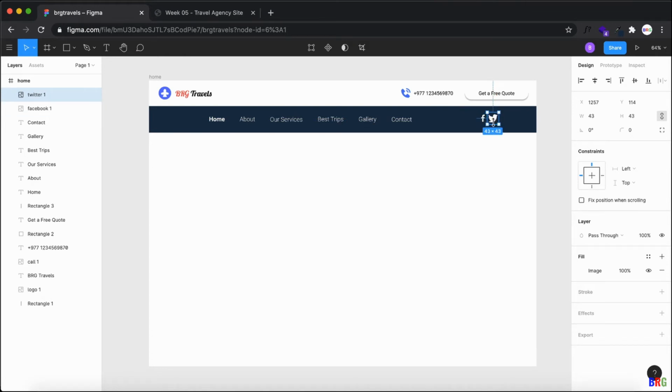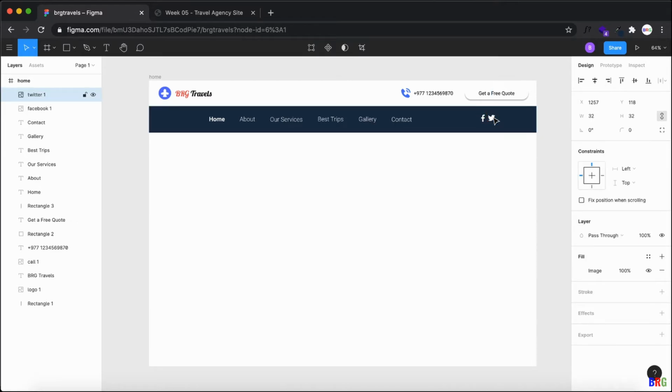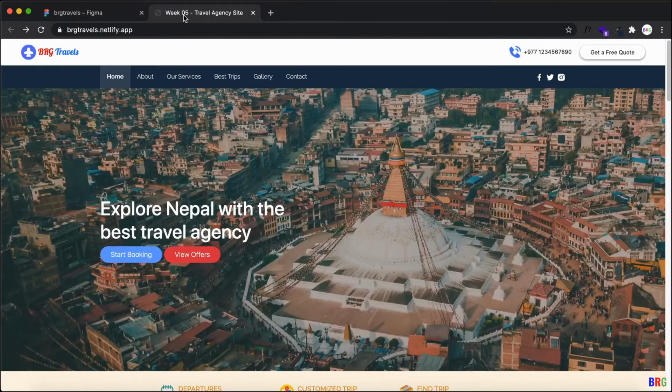If you don't want to drag and resize, you can just directly do it here. So I have height as 32. I want to make the Twitter height as 32, which is this, and I just adjust the size along with the Facebook. Same thing with the Insta. I have Insta added here, then drag it up to here, height as 32. Then adjust, yeah, perfect. So this way your lower navbar is also ready.